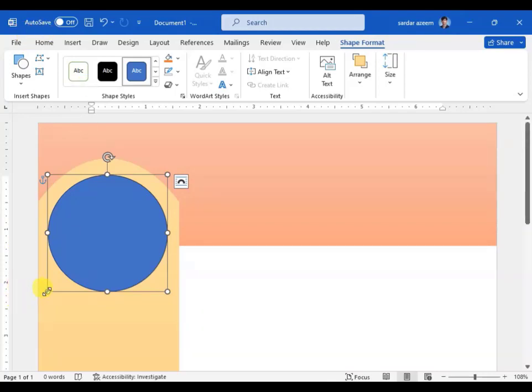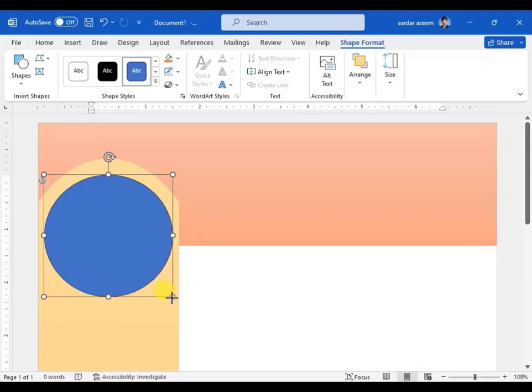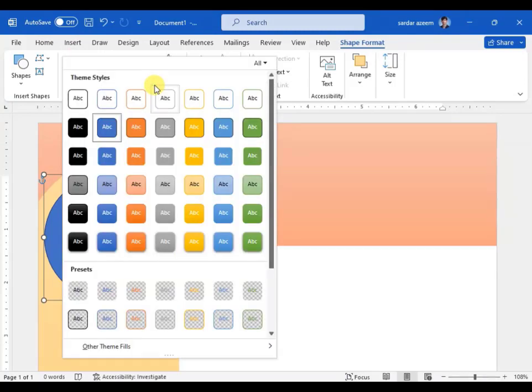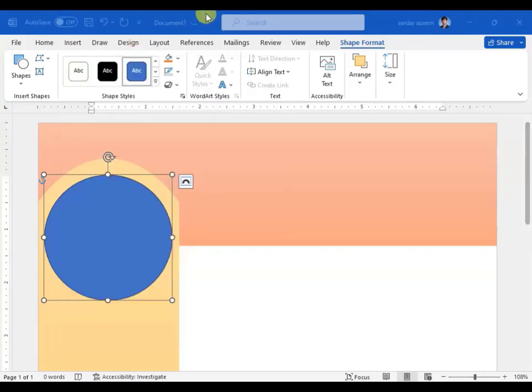Now it's okay. Now we want this circle a bit larger and we want to add a picture inside that circle. For that purpose, we will do some changes over here. We will go to shape tools and